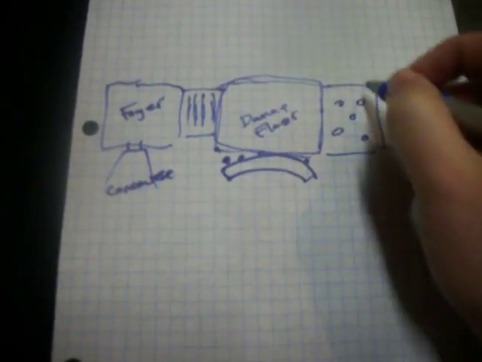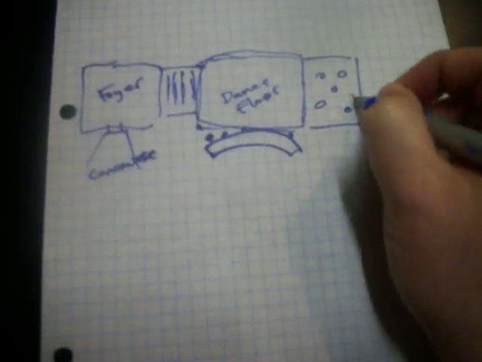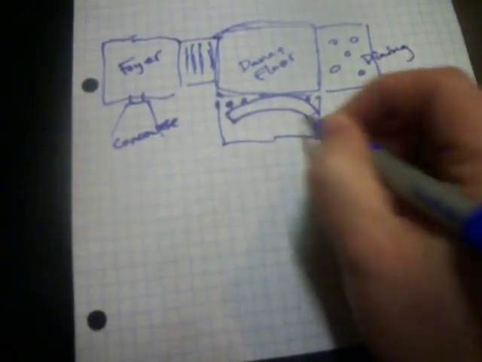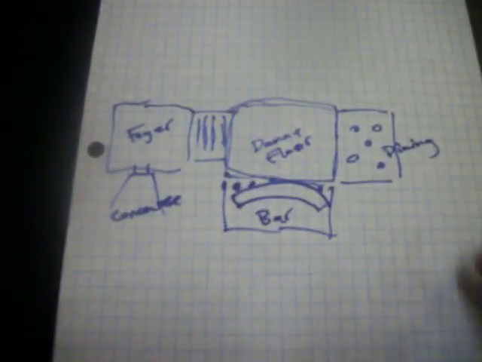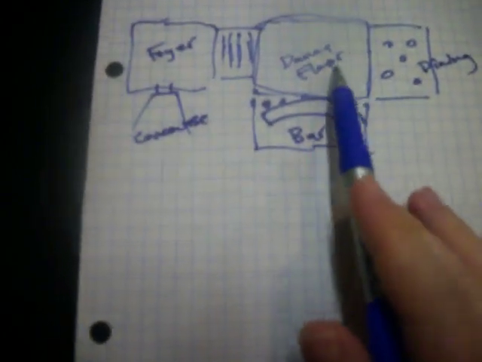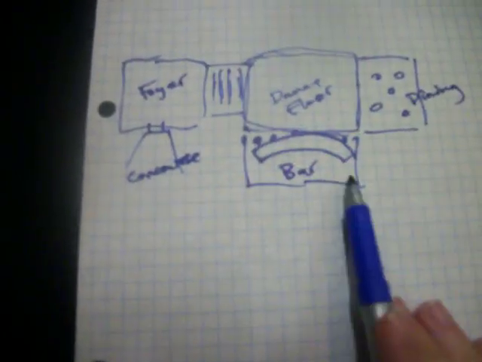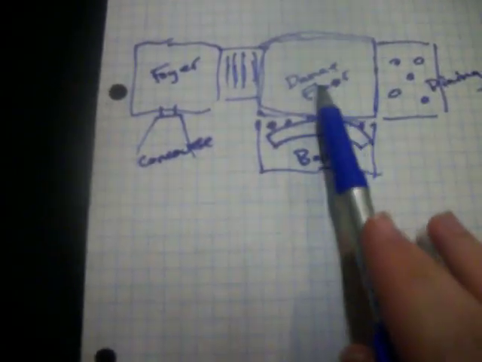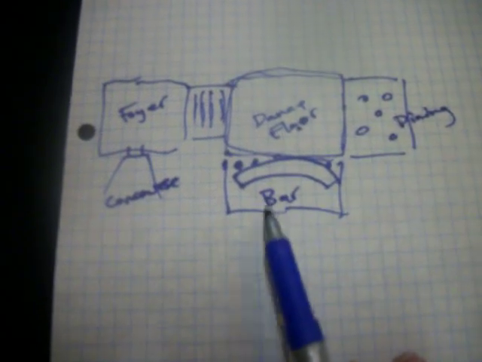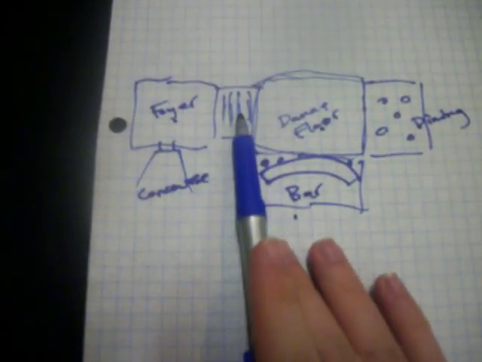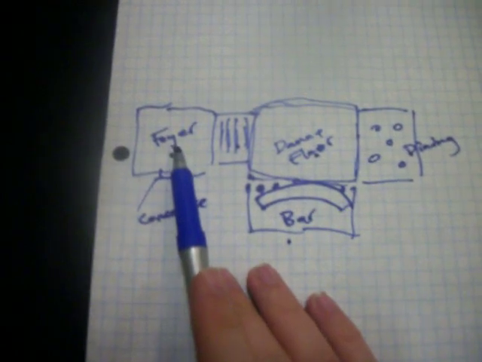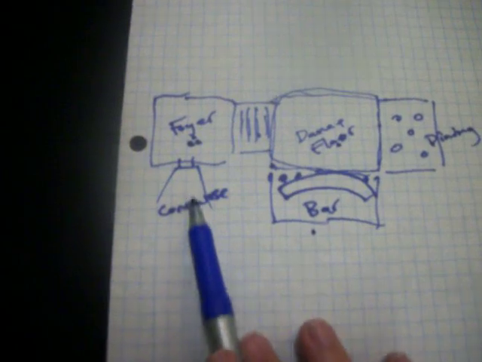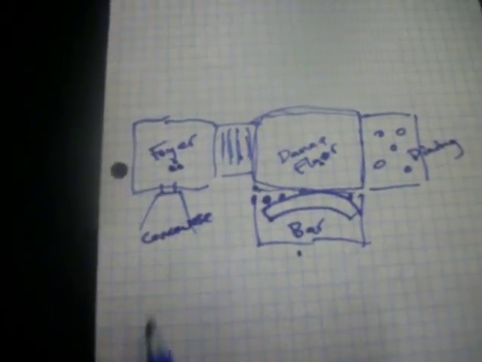So you've got all these tables and stuff like that for the fine dining. And this is like the dining area, and this is like the little bar area. So anyway, that's enough to get you started on the concept. You can see you've got this building layout, and it divides itself naturally into several zones. You have a dance floor zone, the dining area zone, the bar zone, the foyer, and you could attach the stairs. I would attach the stairs to the foyer for ease of reference, and then you've got this door that leads out into the concourse, and the front concourse might be its own zone.